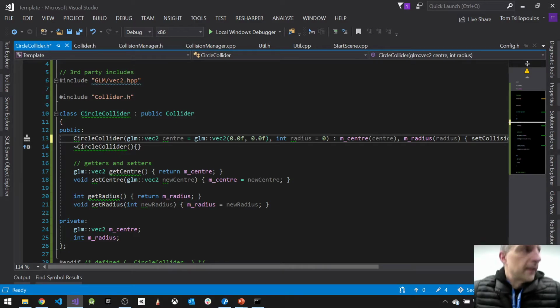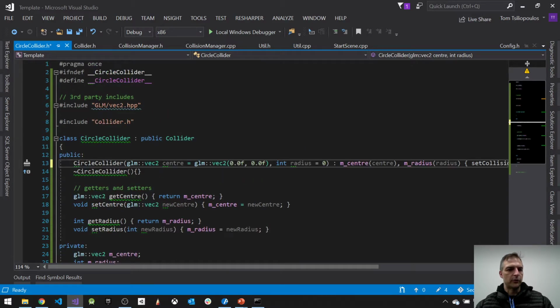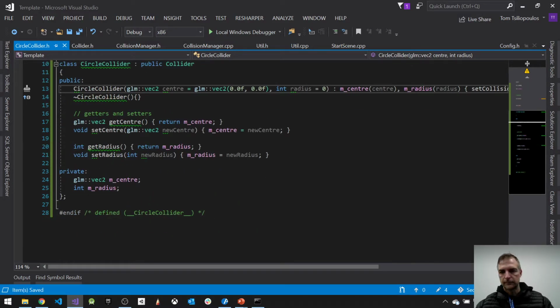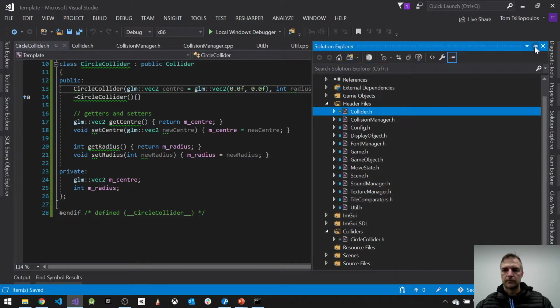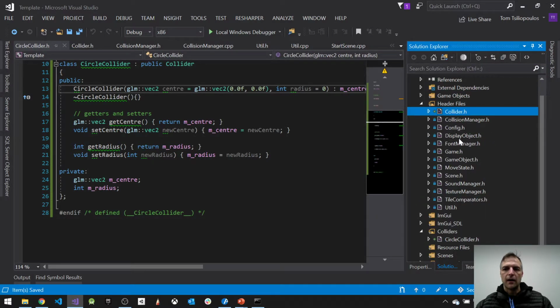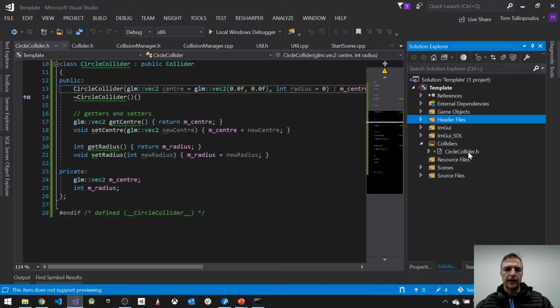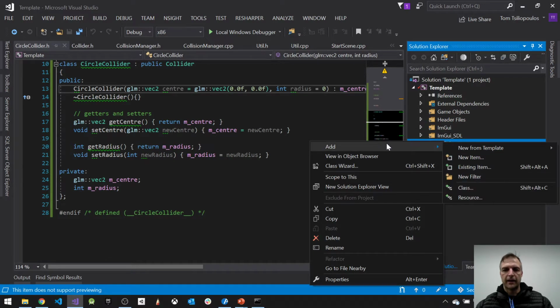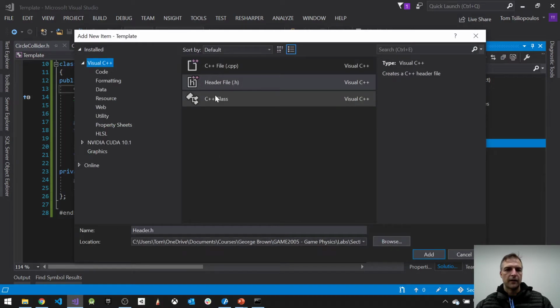Alright, let's do the box, and then we'll stop there, because the box collider is the other common one. There's also a capsule. If we can get to the capsule, we'll do capsule too. Alright? But let's do box collider. So again, very similar to circle collider, I'm going to do a box collider type. Just like before, I'm going to make it in the colliders folder, right click and add a new item. It's going to be a new header, which we're going to call box collider,